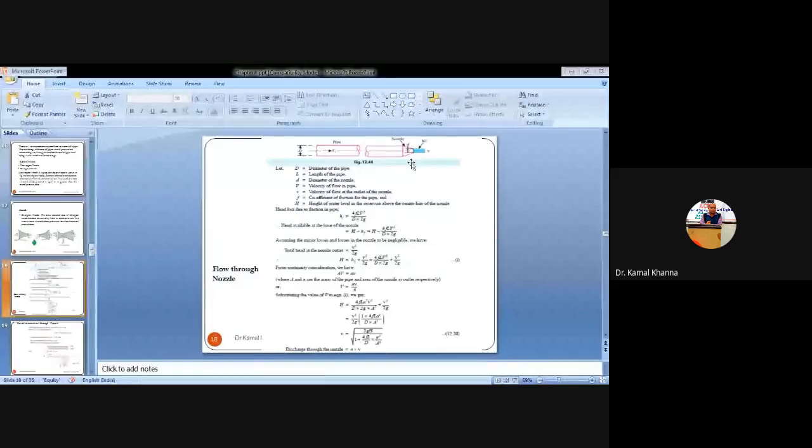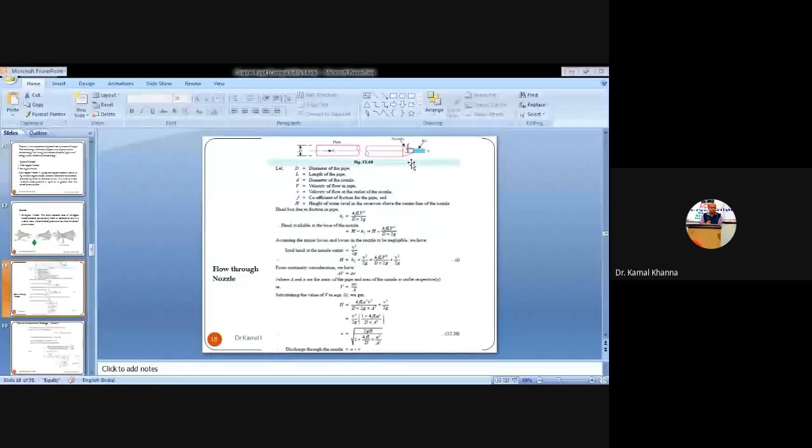So assuming the minor losses and other losses to be negligible. What were the minor losses we discussed in the previous class? Like the loss due to sudden enlargement or sudden contraction of the pipe, due to certain pipe fittings installed in the pipe, due to some obstruction, due to some bend, or due to the dirt particles or small stones that may be left in the fluid when it is flowing from one end to the other. So we are assuming all the minor losses to be negligible, and we are only considering the major loss, that is the frictional loss.